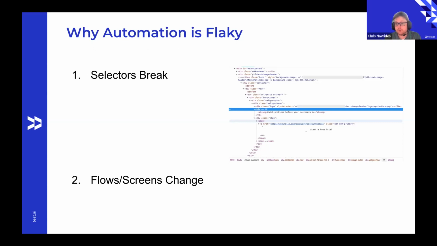It can be temporal, like, oh, there's a sale, it's a pop-up, or it could be, hey, an entire new flow for one reason or the other. But those are the main two reasons why automation breaks. Obviously, there's a plethora of other things, small things like infrastructure, et cetera, but those tend to be very minor and have been more or less figured out by a lot of automation teams and companies.